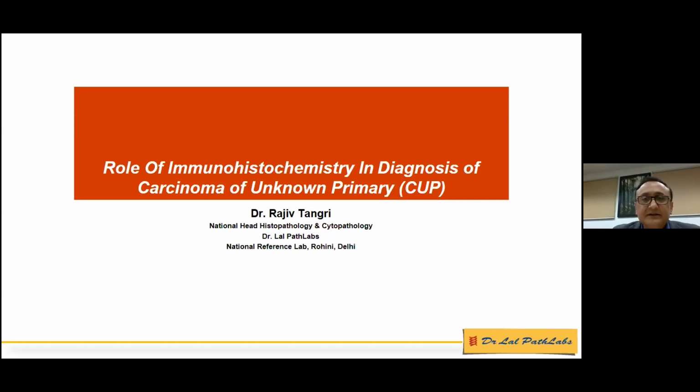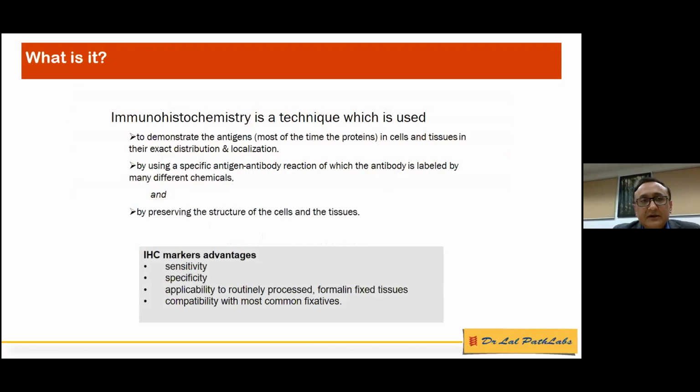I'll start my presentation. My topic for today is the role of immunohistochemistry in the diagnosis of carcinoma of unknown primary. Dr. Ajay has already told us about the role of PET CT and radiology in the diagnosis of CUP. Before going to the actual topic, I'll take half a minute to discuss immunohistochemistry. The principle is an antigen-antibody reaction. The antigen is present on the tissue, on the cells, and that is what is detected by putting external antibodies